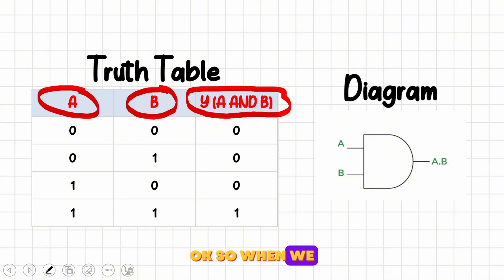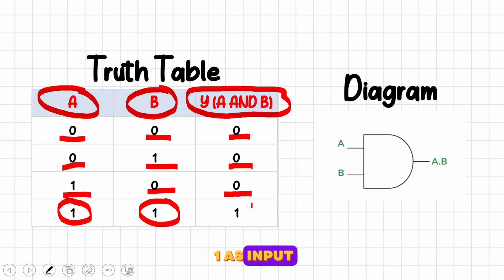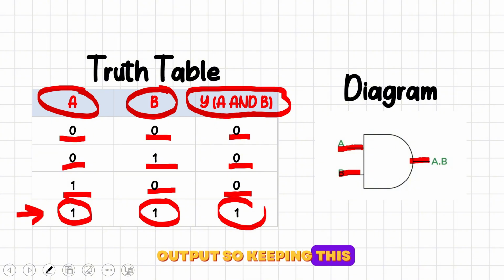So when we put 0 and 0 as A and B, we get 0 as output; 0 and 1 as input, 0 as output; 1 and 0 as input, 0 as output; and only when 1 and 1 are the input do we get 1 as output. So this is the truth table of an AND gate, and by this you can understand how an AND gate works. When you input 1 and 1, you get 1. This is the only case when you get 1 as output. So here is the diagram. You can see that A and B are two inputs and Y is the output. So keeping this diagram in mind,